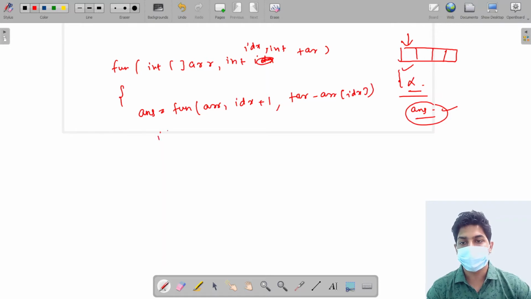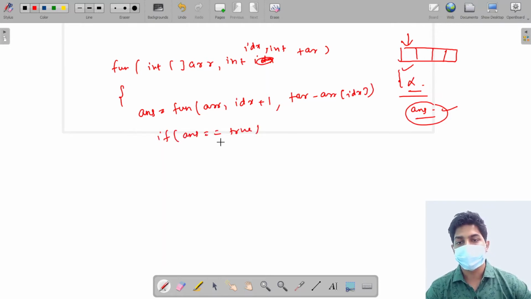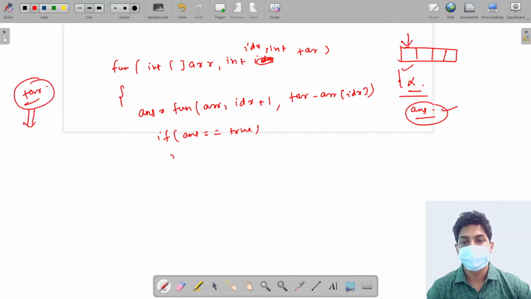If the answer equals true, that means if this element is a part of the subset, then we are able to make our sum equal to the target. And if we are able to make our sum equal to the target, then we can return true. Else there can be another way.